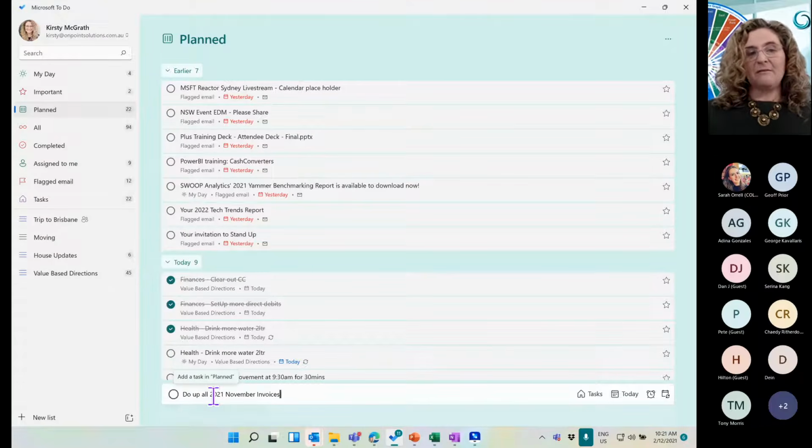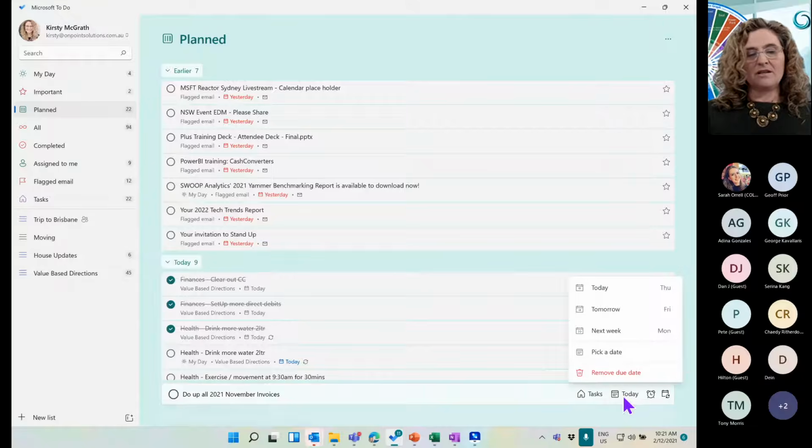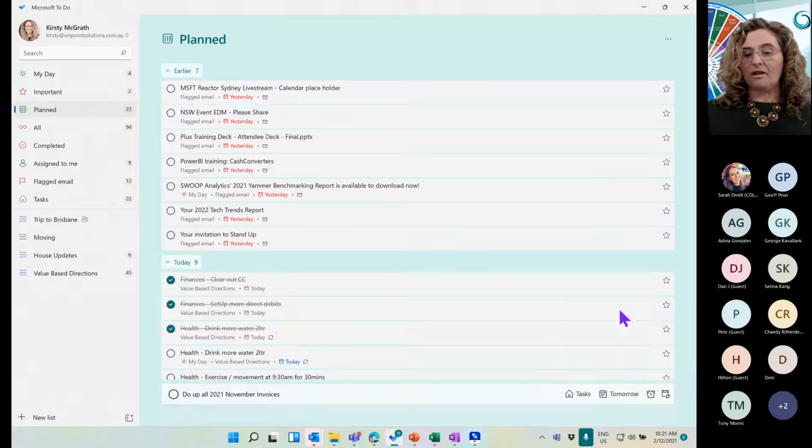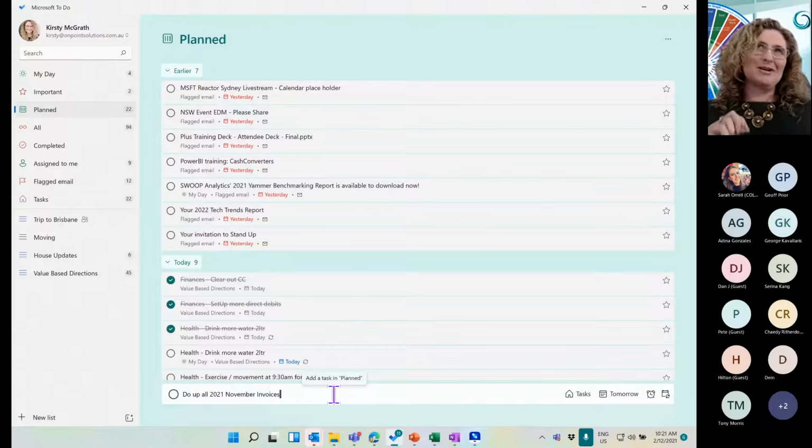As I start to get this information in, you'll see down the bottom there are a few other little components. So I go to due date. Is it due today? No, I actually want to focus on that tomorrow, or I could pick a date. So I've got it in here. At the moment, it's passive. This means it's not going to give me a reminder. It's not going to stand up and slap me about a bit and go, come on, Kirsty, you need to start thinking about this. So I might want to make it a little bit more aggressive, not quite slap me around the face, but it'll start to give me little notifications.